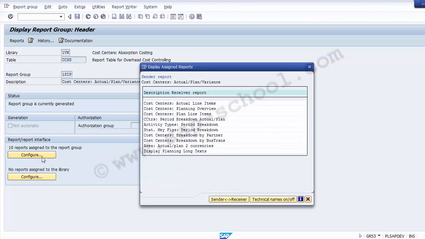So once you click onto the configuration part, it shows you what are those 10 different reports existing in this particular group. So these are the standard different reports which have been provided within the group by the SAP system, by SAP. So they are Cost Center, Actual Line Items, Planning Overview, Plan Line Items, Period Breakdown, and all such reports are